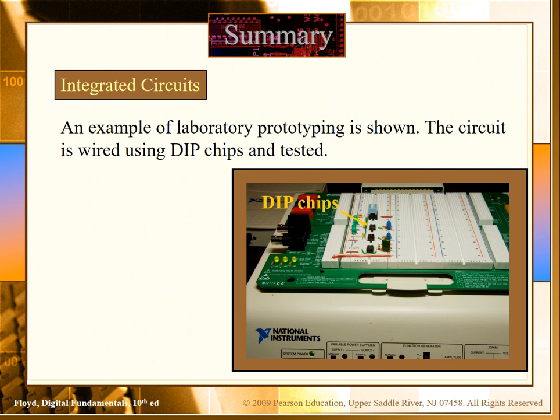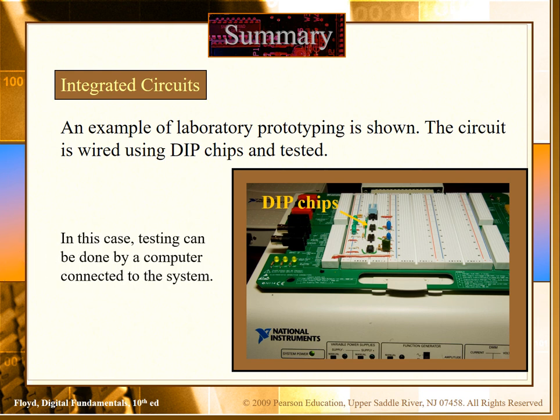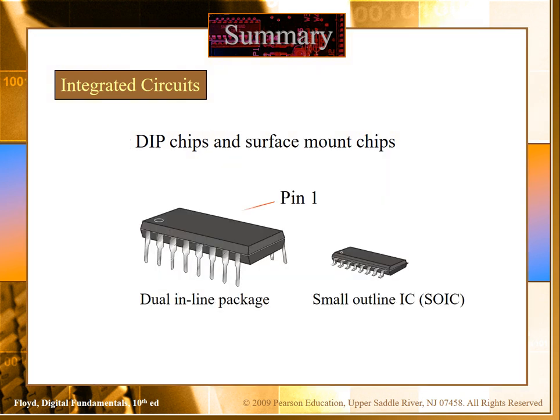Like you can see here, we have different dual inline package chips. Here you have different registers and inputs, and you can test this system for different applications. So the dual inline package is one kind of integrated circuit chip, or IC. We could also have small outline ICs. Usually in the labs, for testing purposes and for the simplest applications, we use the dual inline package.